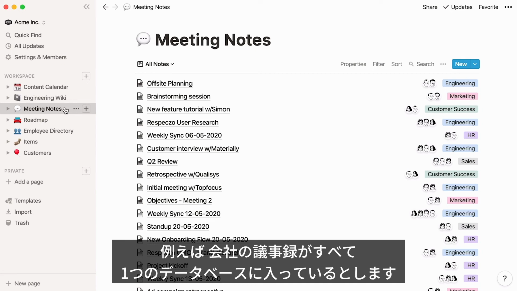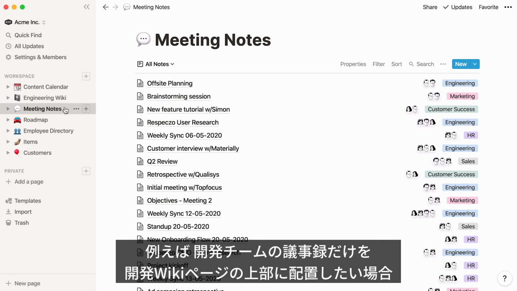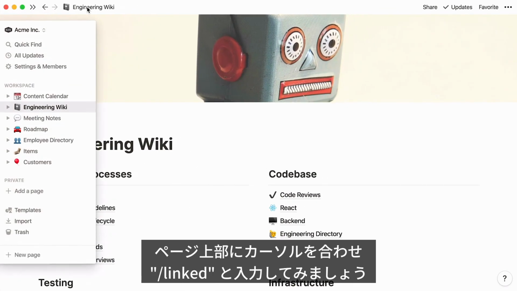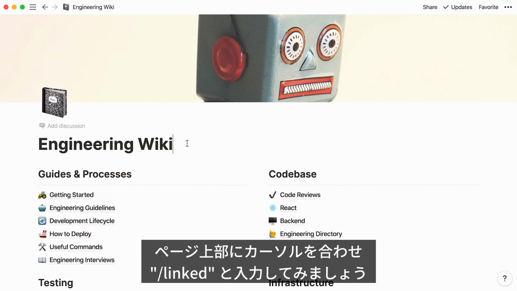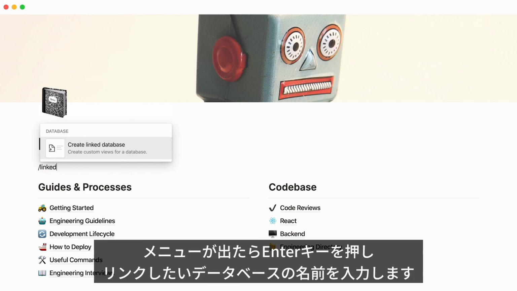Let's say your entire company stores meeting notes in the same database. There's a chance that you would like to see a filtered version of this database somewhere else. For example, you would want to bring up all engineering meeting notes here at the top of this engineering wiki page. Place your cursor at the top of the page, type the / key, then the word linked, and the